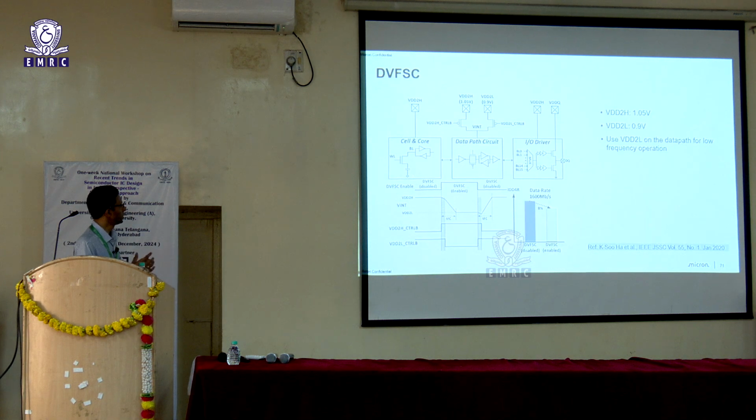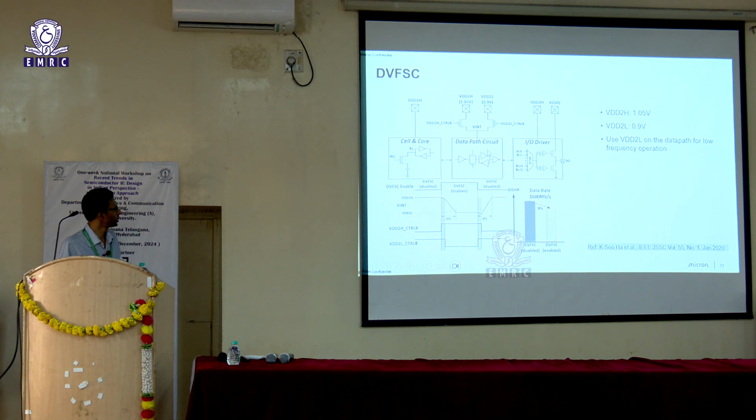Dynamic voltage and frequency scaling. So this is your bit cell. The bit cell always operates on VDD2H, which is your 1.1 volt supply that I talked about. And then this is the data path. Once the data has been read out, you take it through the data path to the IO driver eventually. And in the data path is where you do all your optimization. So you can either feed in a VDD2H or a VDD2L, which is a lower supply, 0.9 volt, based on